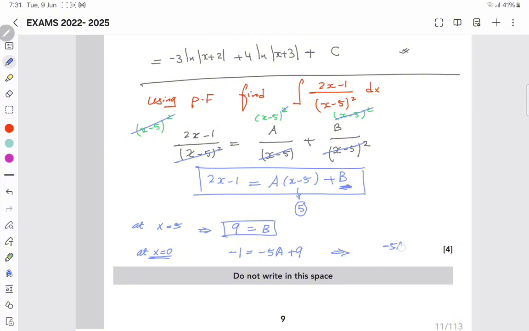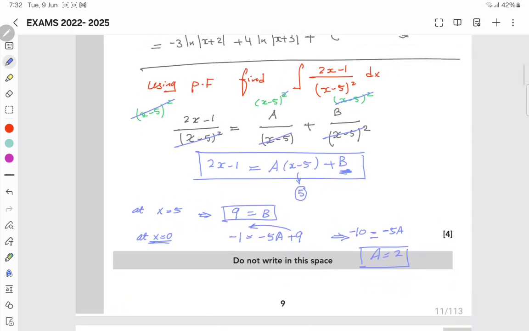So negative 5a is equal to, shift 9 to the other side, negative 1 minus 9, it will be negative 10. So the value of a here is equal to negative 10 divided by negative 5. It will be equal to positive 2. Now we go back to our question. So it's equal to the integral of, substituting a by its value, 2 over x minus 5, plus, substituting b by its value, 9 over x minus 5 all squared,